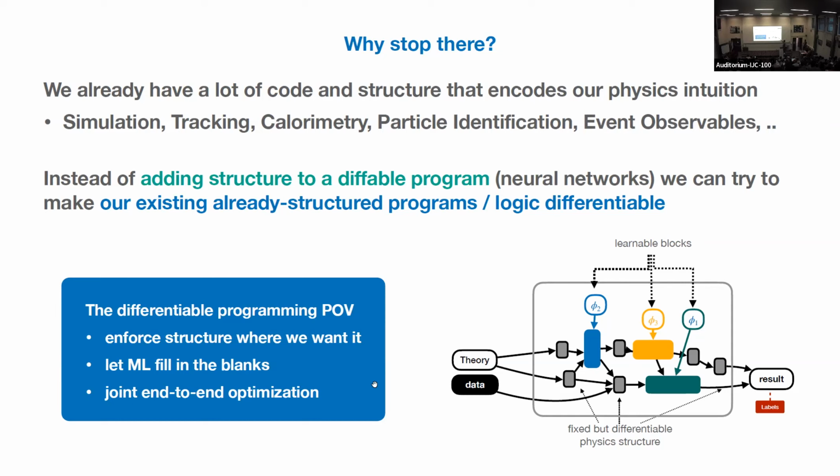For example, you have maybe machine learning based track candidate identification, and then the track fitting itself is not machine learning because it uses a Kalman filter and so on, or maybe it's machine learning but not deep learning. But the view of differentiable programming is that maybe you can still view it as a kind of end-to-end neural network that you can differentiate through, and you can jointly optimize all of these things. And so you pick your battle: where's the structure that is important to add, and where are the things that you can let loose, and you just let the machine learning fill in the blanks.